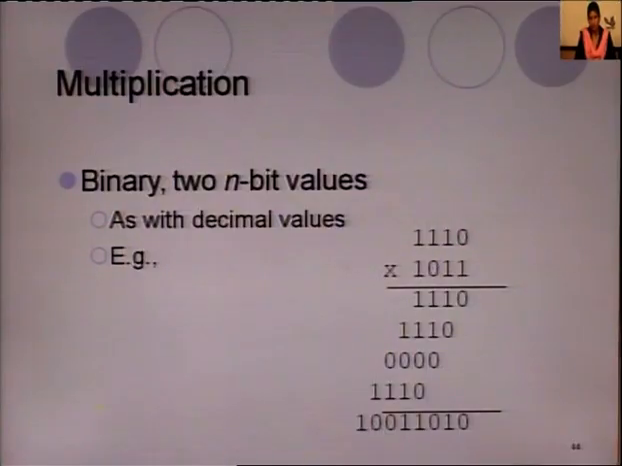From the second string we will take the first bit from the rightmost and multiply it by the first string. The result is 1110, because anything multiplied by 1 represents the same value. Again we will multiply it by 1, that is 1110, then multiply by 0, so it will result in 0. Then the last bit is 1 for the second string, it will result in 1110, and we will add these values